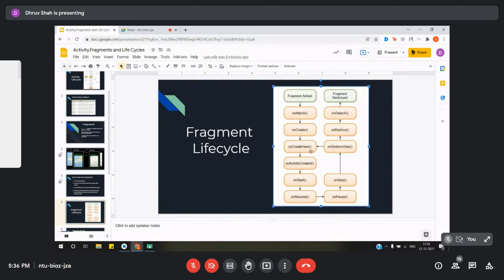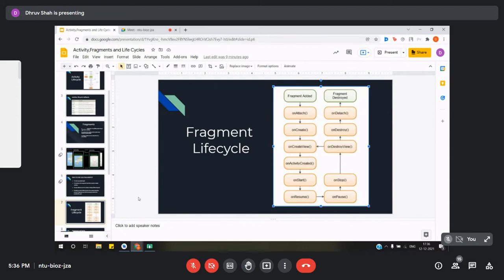In relation to the onCreateView, the onDestroyView is called. This is called when you want to clean all the resources that you have used in case of the UI that you have rendered. And the onDestroy method is used to clean all the rest of the resources that you have used. The last method called is onDetach. This is called at the end, which is used to signify that the fragment is no longer related to the activity and has detached itself from it.